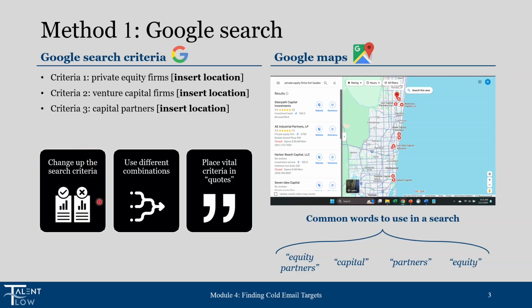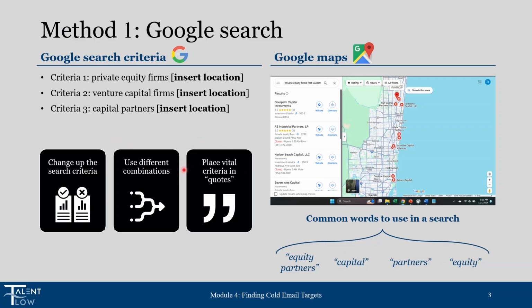Now, we're going to change up our search criteria and try different things. So first, we're going to try private equity firms, venture capital firms, and then capital partners. We're going to use different combinations. So on the bottom right, you can see common words to use in the search. We're going to use different combinations of these words and of these ones to try and switch up our search